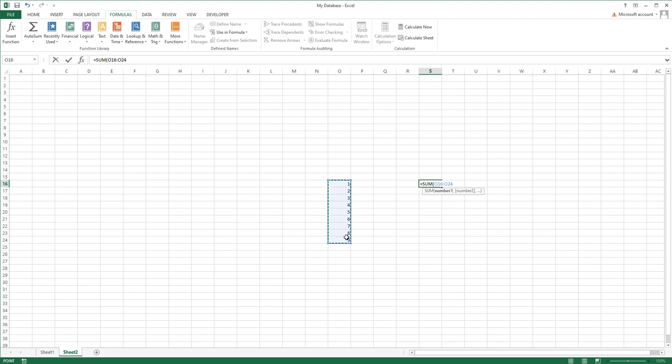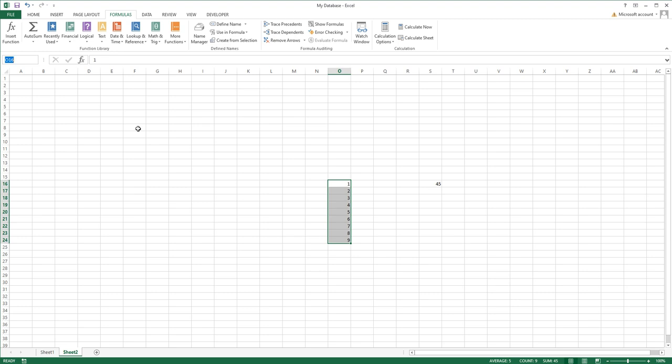I need to select the data and then close the parenthesis and I will get the sum of all these numbers. But before applying any function,